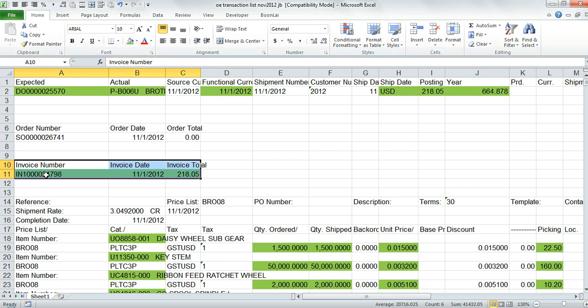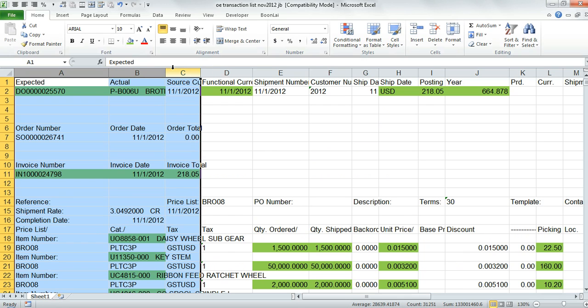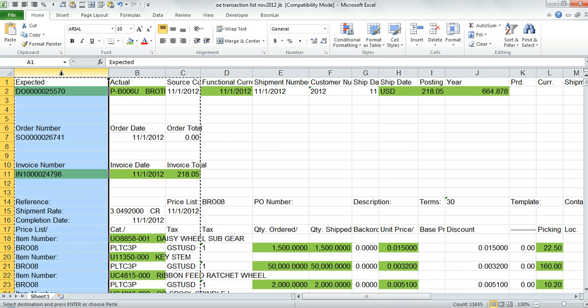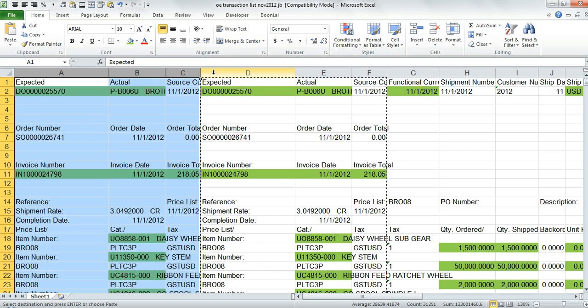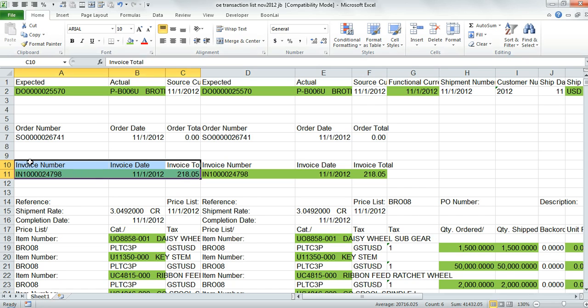Here, I highlight column A to C, copy, back to column A, right click, insert copy. These three new columns are the new columns I inserted. I copied from D, E, F just now, and inserted them. These are the new columns. The information that I want is purely this part. I want this information, invoice number, to join together in the same row with the DO number. So how am I going to do it? Okay, before I do